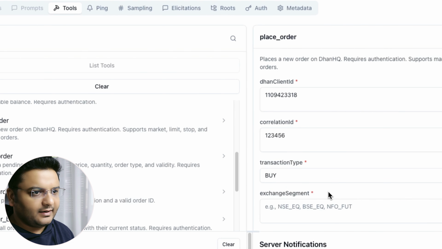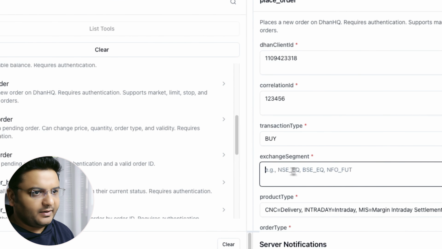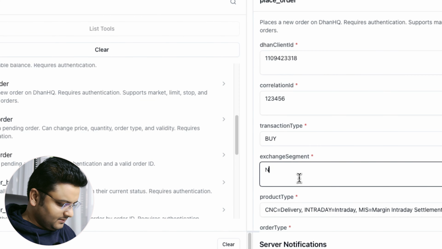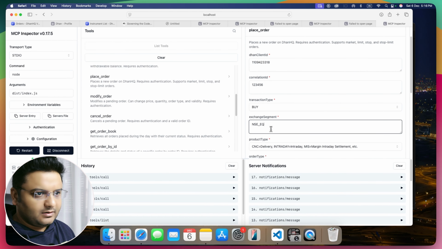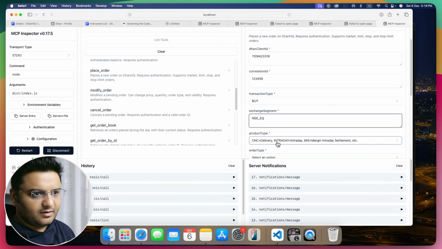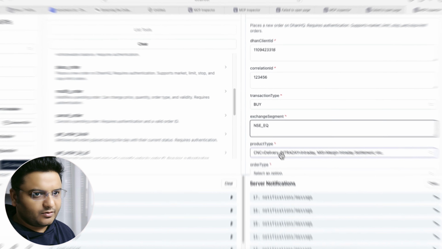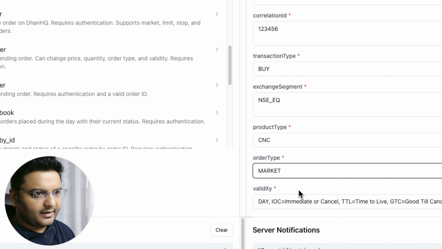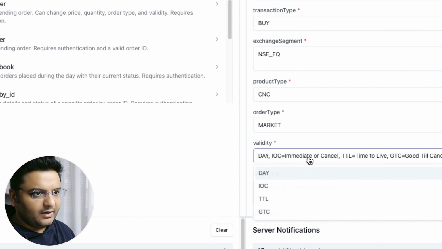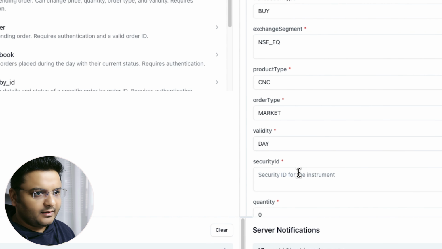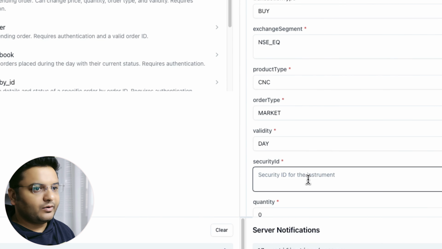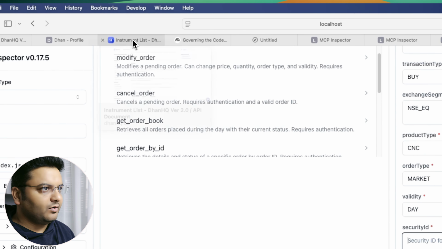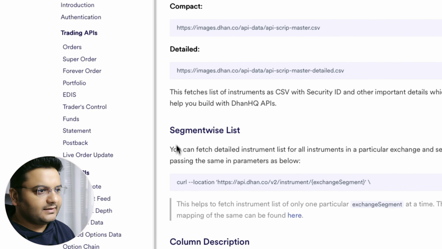Transaction type buy. Exchange. Let it be NSE. Product type CNC is equal to delivery. So let's just choose CNC. Order type market. And validity, let it be day. Security ID. Yeah. So we were looking into that, and I just recalled that if you look at this segment